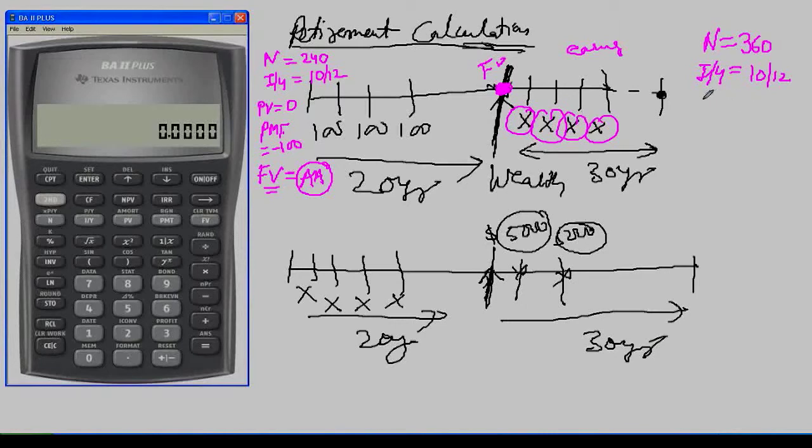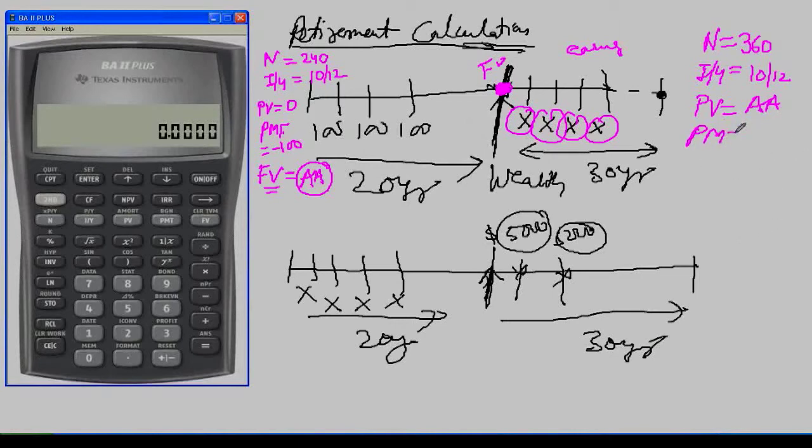What is PV over here? Will it be 0? No, why would it be 0? If PV is 0, from where will you withdraw this money? How will you get this money? Can I say that it will be AA? Whatever amount you have invested over here, so PV will be the previous FV, it will be AA, right?